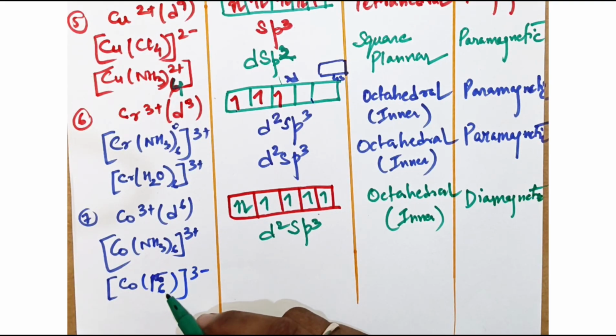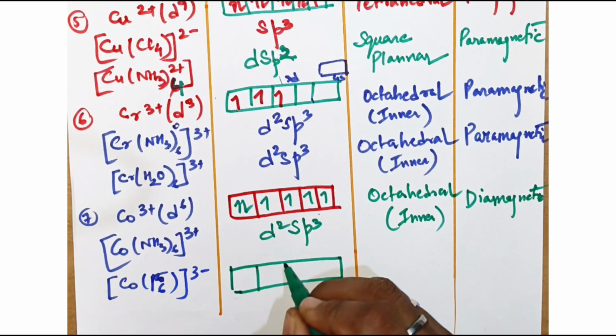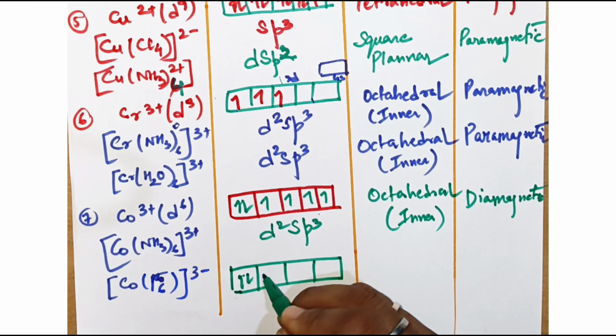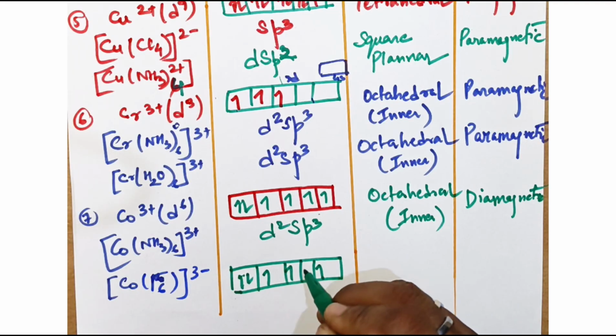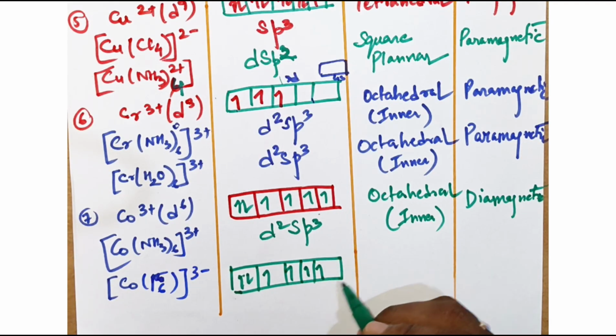Okay, same in this case of fluorine. In [MnF6], because fluorine is, again, we know, a weak field ligand, what we will do, again, it won't pair up. It will be like this only. So it won't pair up. It will take your